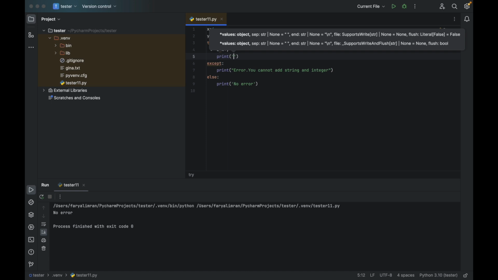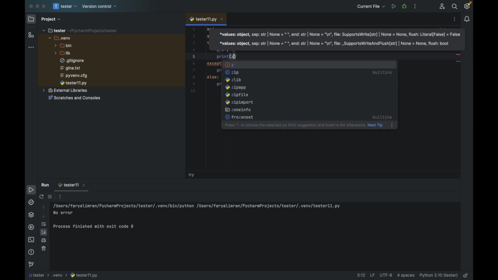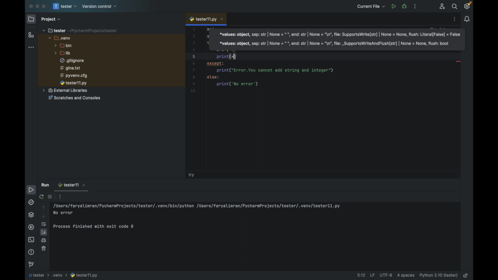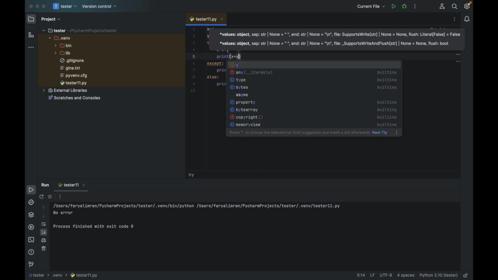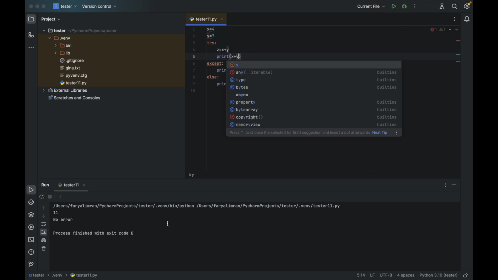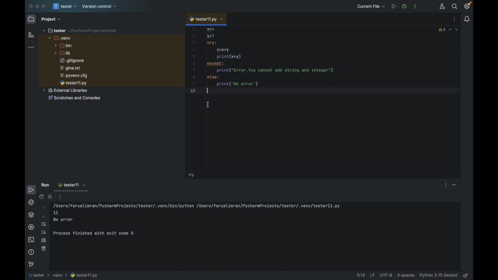Say print x plus, print x then plus y. Now when I click on run, see here 11 has been printed and then it says no error. After that